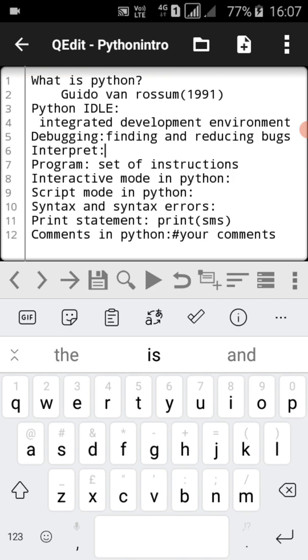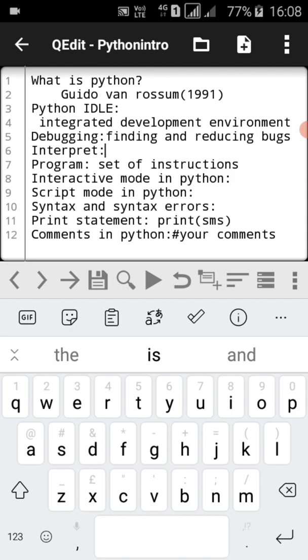Now let's see the program. As you know, the set of instructions that specifies how to perform a computation is called a program. The computation might be mathematical or working with text.